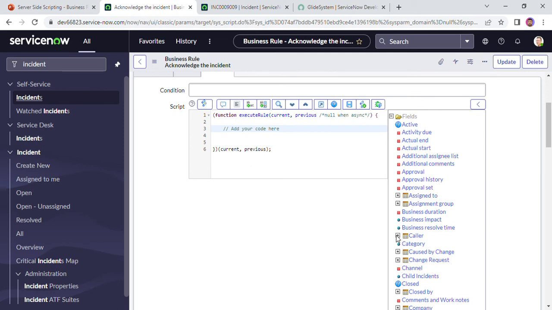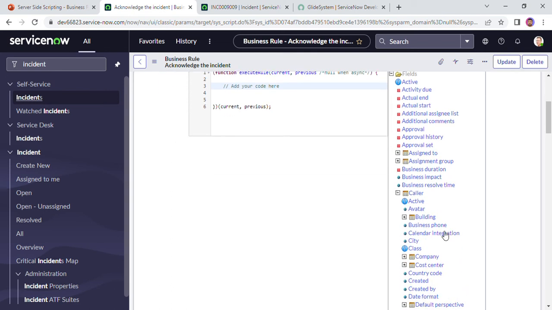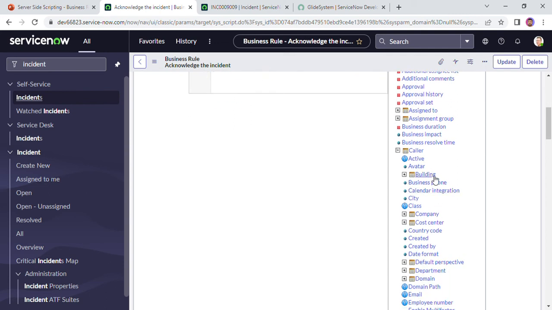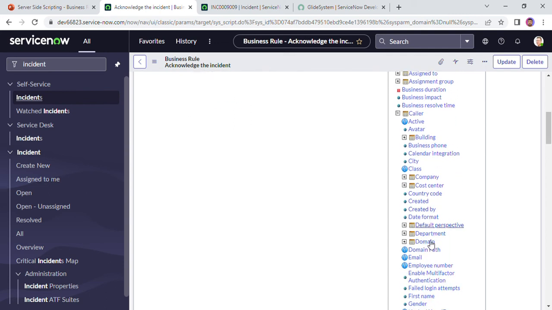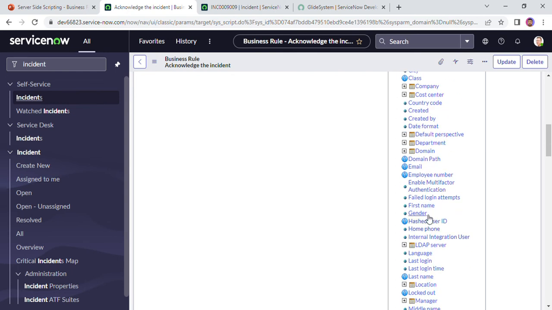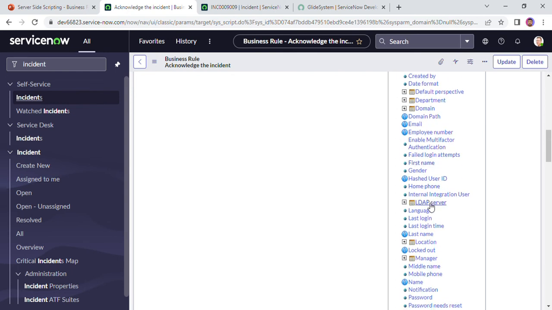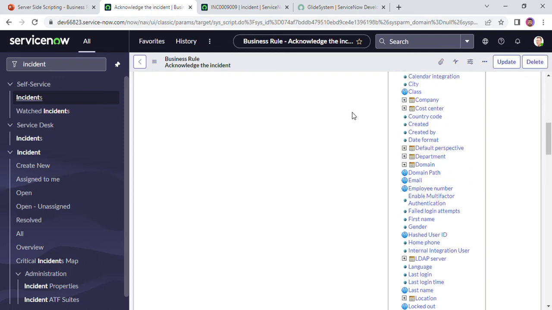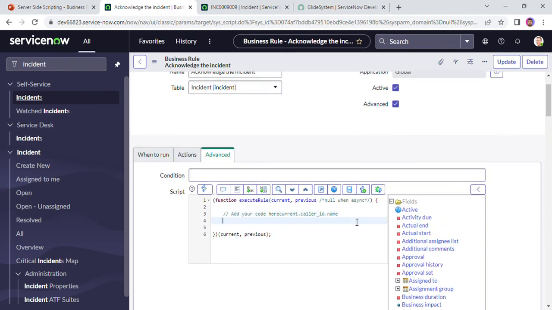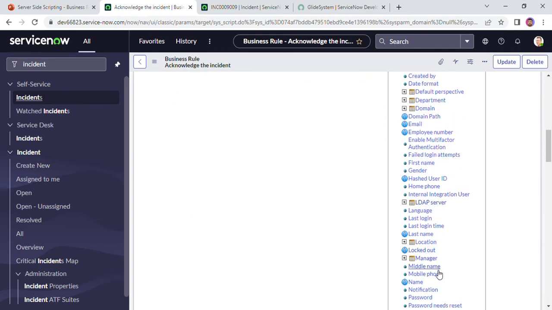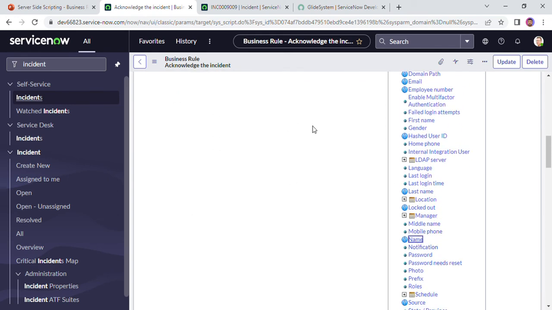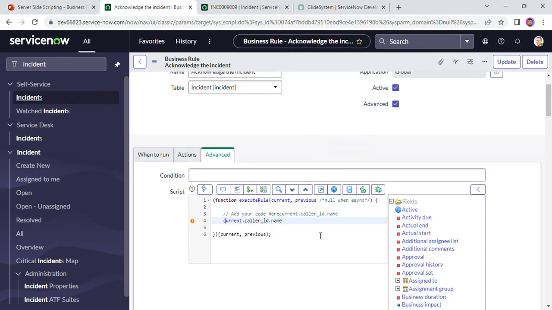Suppose I want to dot walk on the caller field. I can choose the caller and click on the plus icon nearby the caller, click on that plus, and if I want to see the caller name, then select the name. Now if I choose this, it's showing me. Now I have selected it. Now if I want to print this,